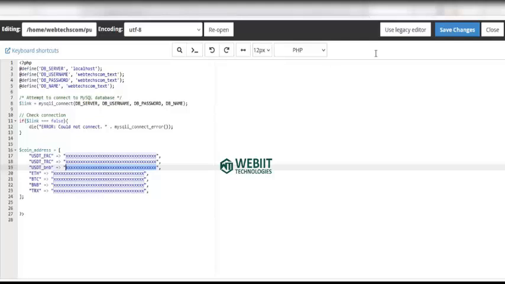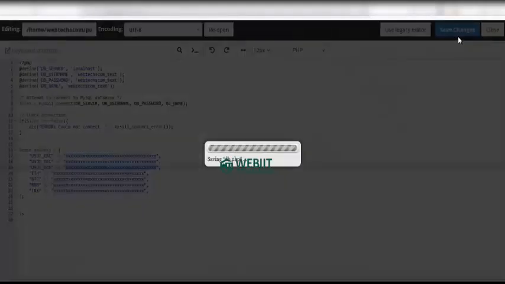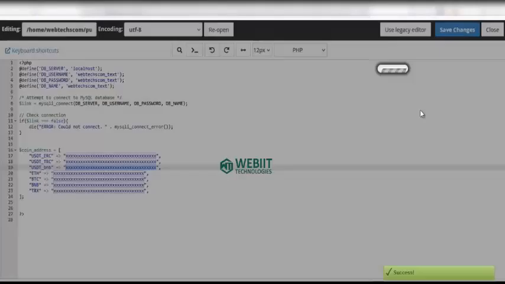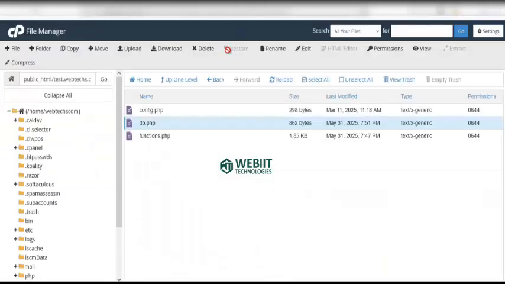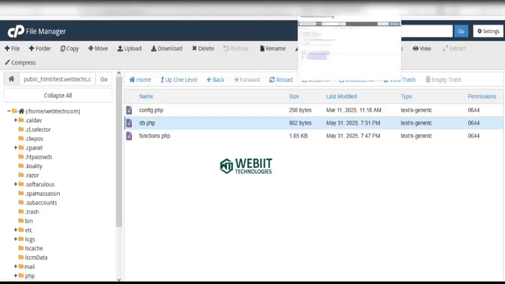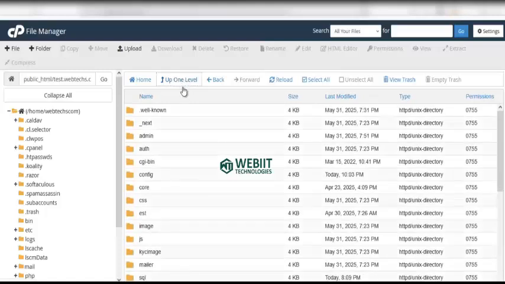Alright, so once you have done that, don't forget to click on save changes right here, or else that will not work. Alright, once you have done that, next thing to do now is to download our SQL file. Go back and